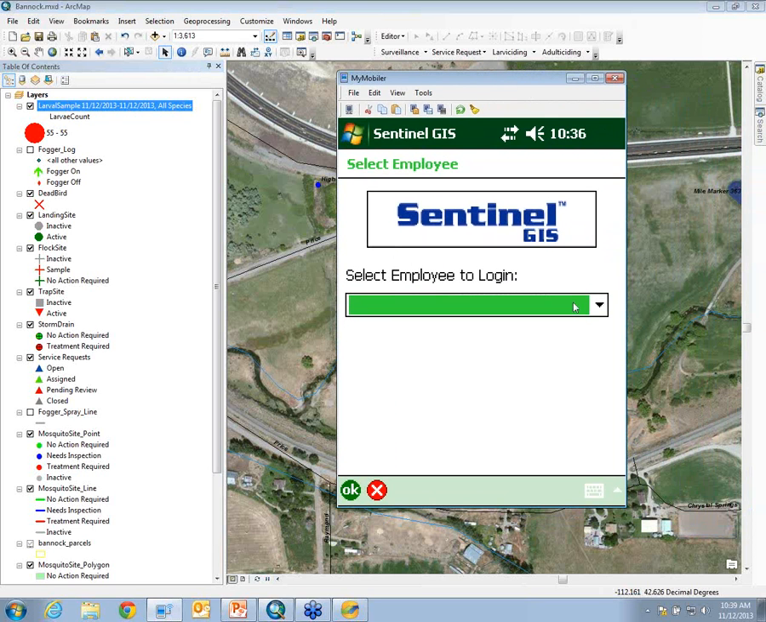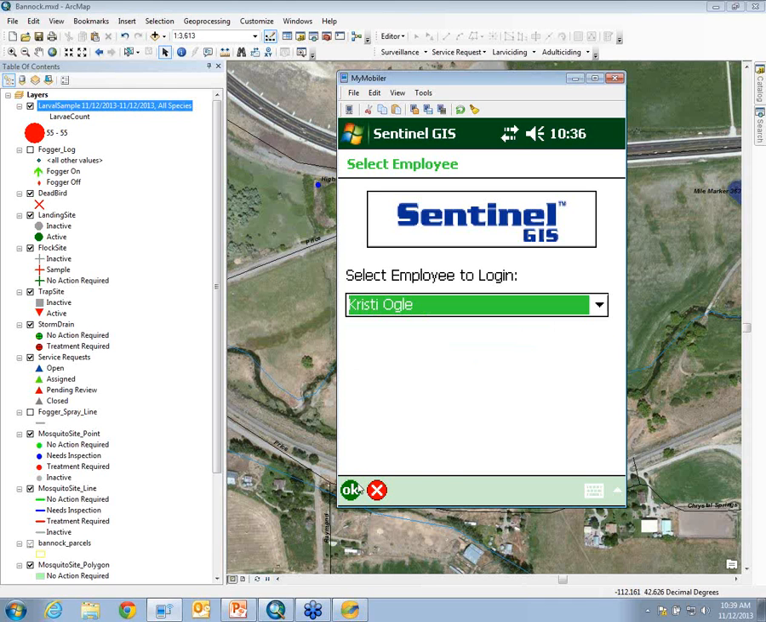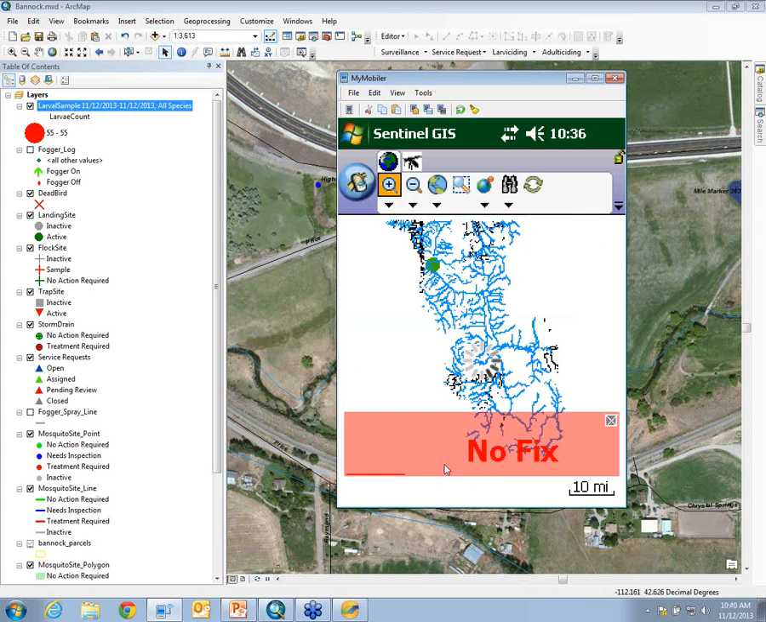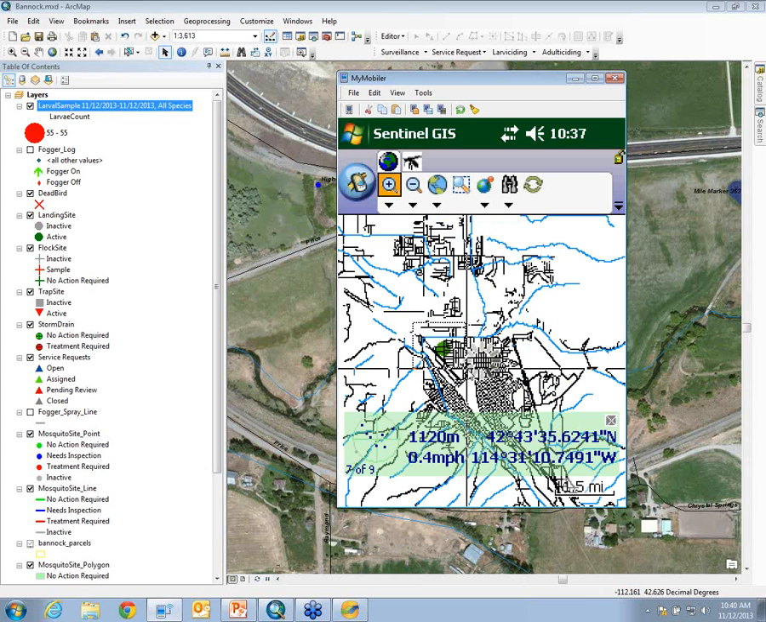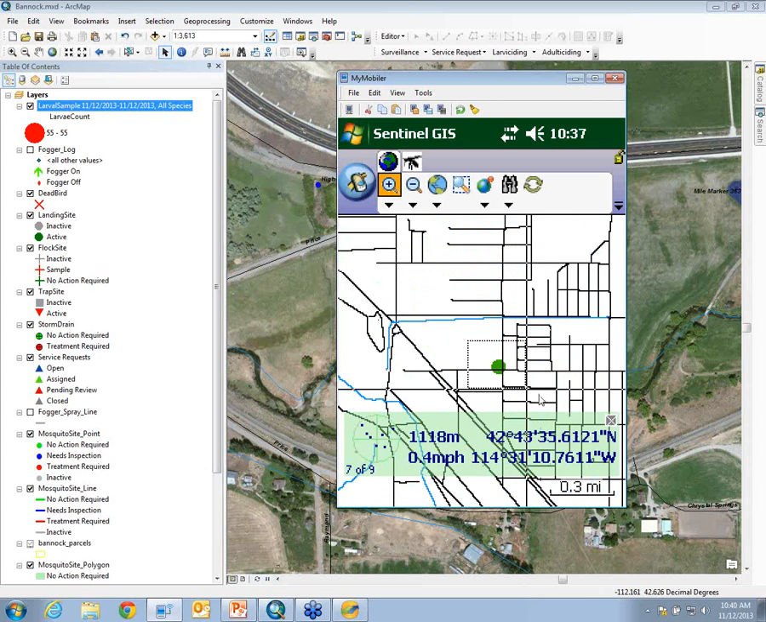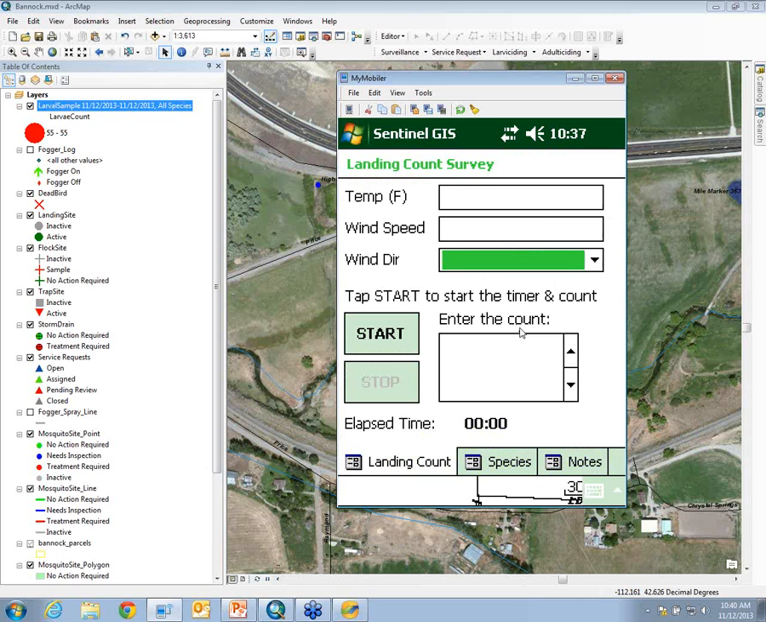Okay. Let me switch over to the mobile for just a moment, and we can show you, while doing a landing count, the new ability to record the species for the landing count. So I've got just one landing count site. Here, if I select that landing count site and do a survey on it,